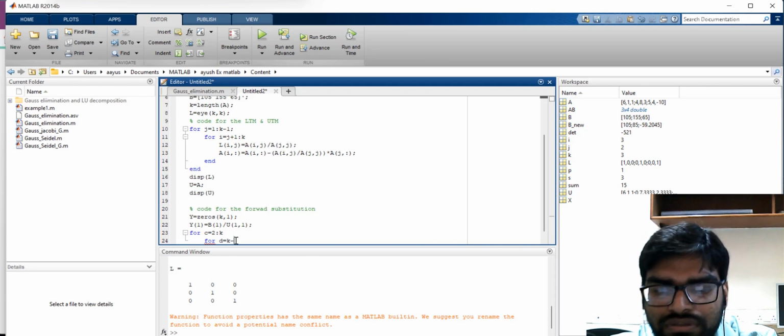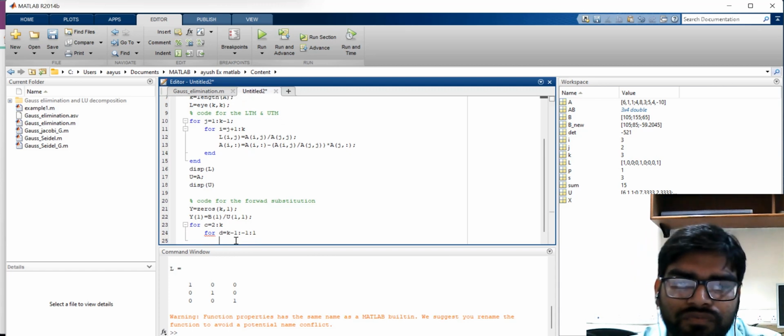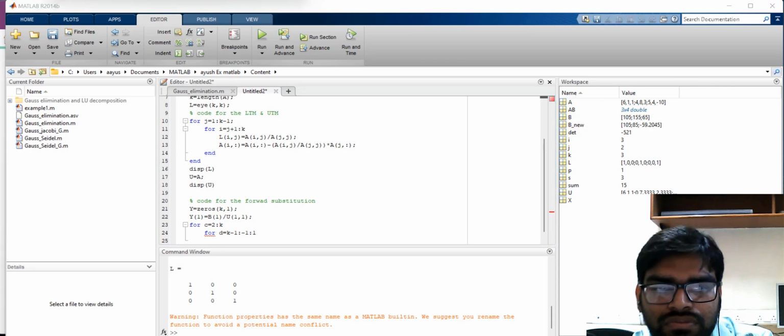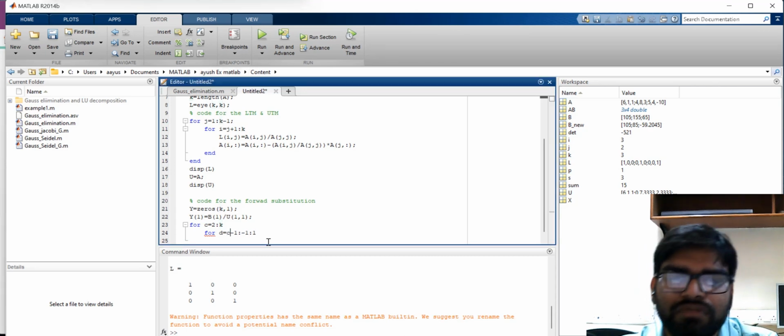Actually, we go through the second and third row, but we need the first and second column, because for the second row we calculate the second column, but we need the first column. For the third row we calculate the third column, actually y3, but we need the first and second column. So that's why